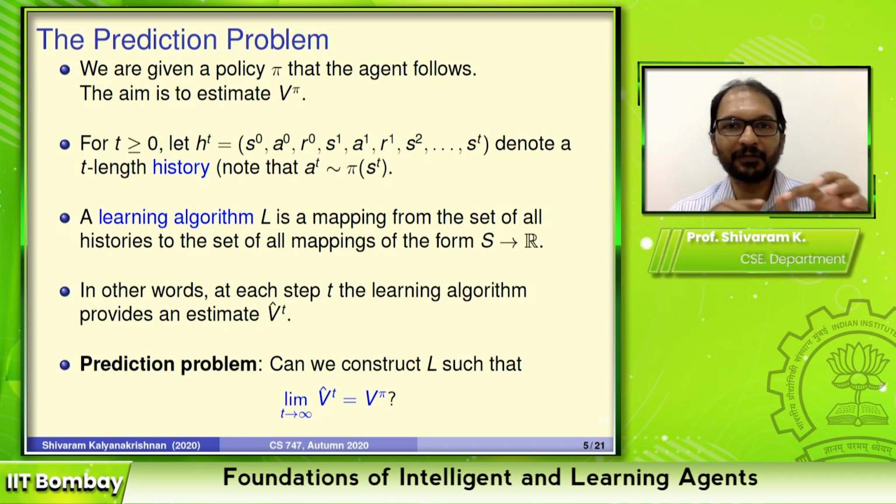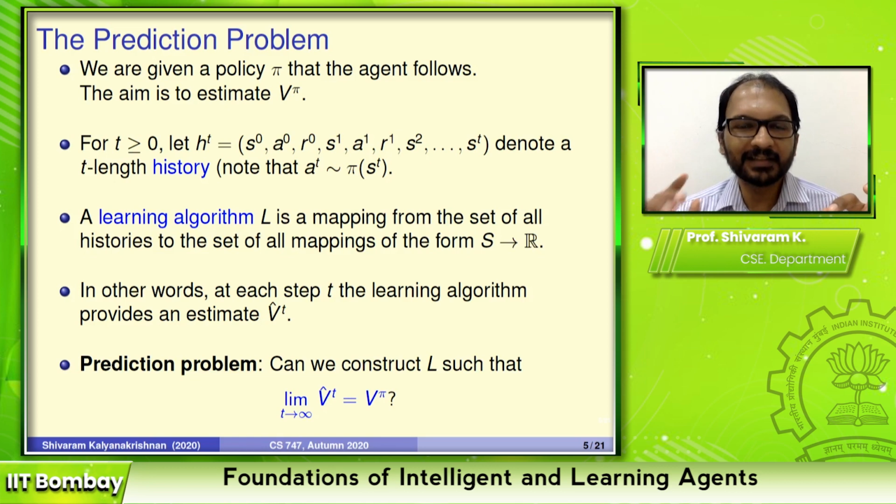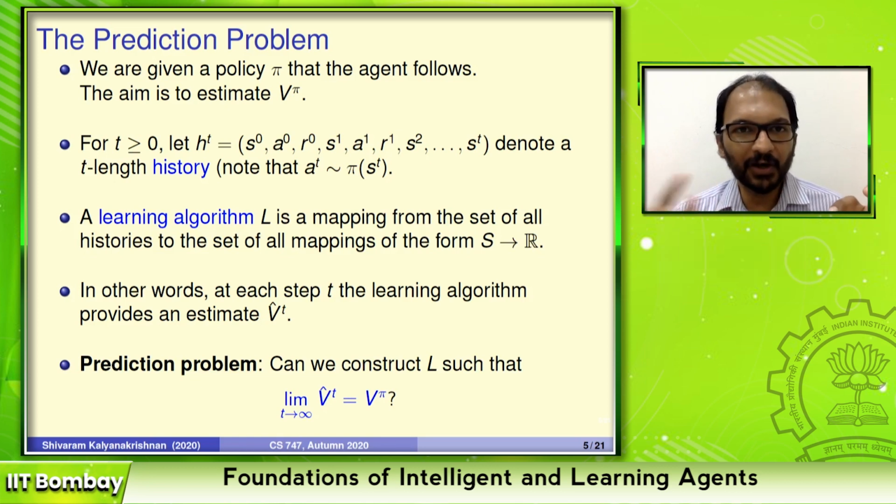So after a particular point of time, you draw any epsilon ball around v pi. You specify any delta for me. There must be a time t beyond which, with probability at least 1 minus delta, you will be inside of that epsilon ball. So this is formally one definition that we can go with.